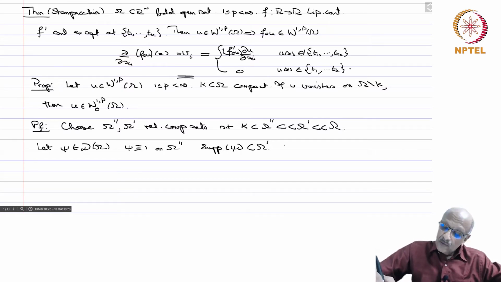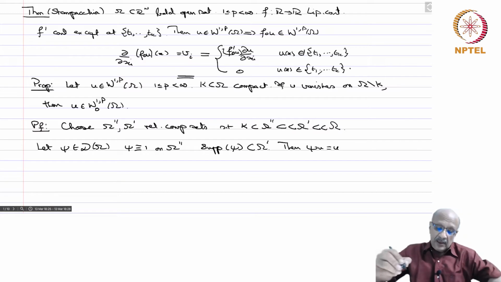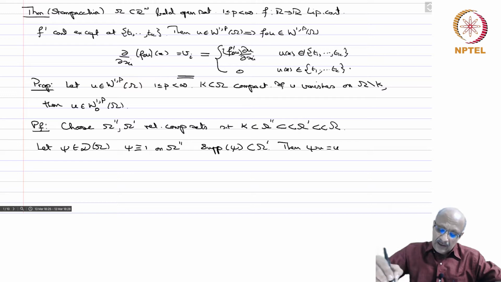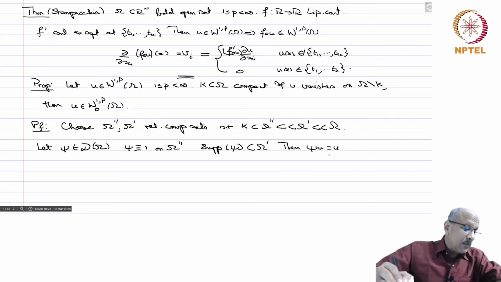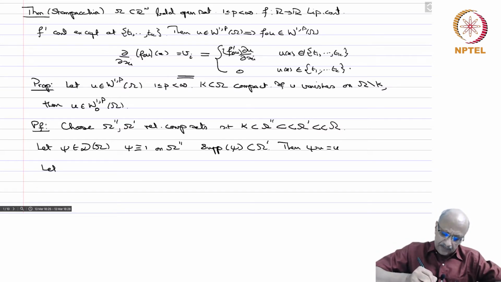Then psi u equals u, because u vanishes outside the compact set K, and psi is 1 in a neighborhood of K, and therefore we have seen many times that psi u is the same as u. So, let u_n be as in Friedrichs' theorem in D(R^n)